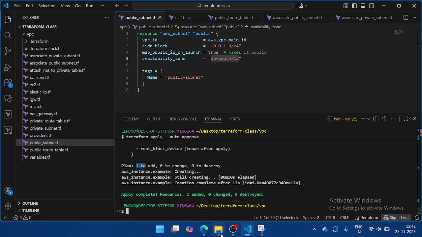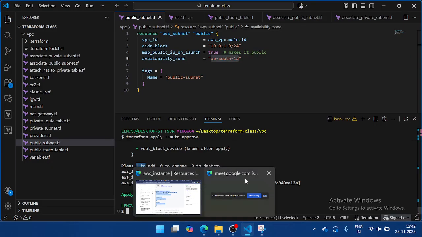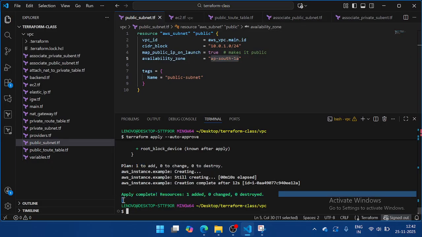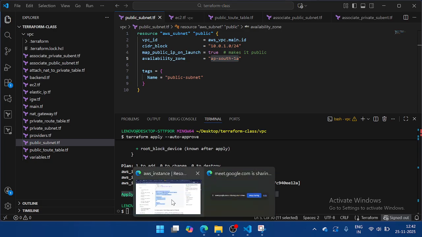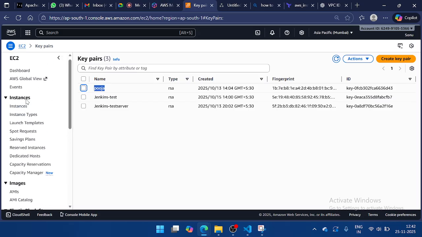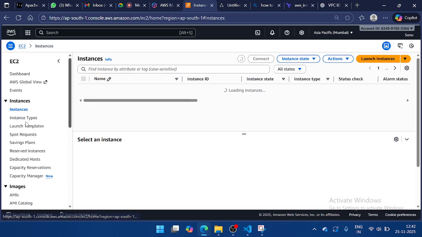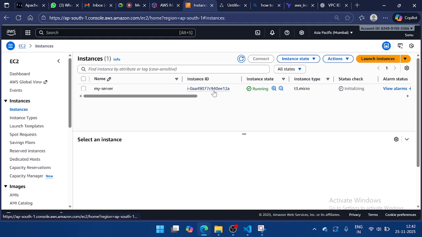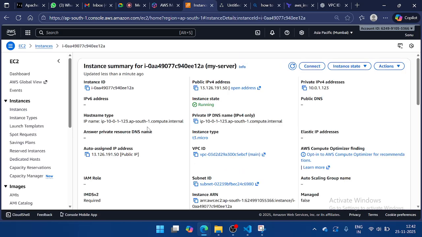Exactly. Now if you go to the existing subnet, based on whatever we have given, the private one is created. See, if you go to check it, we will see how the EC2 instance is created and how the subnet IP is there. If you open this one now,